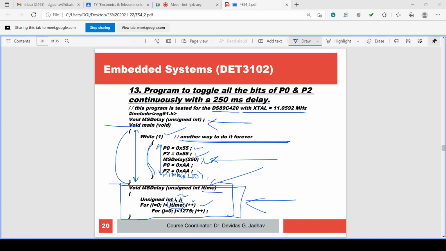These executions are so fast, within microseconds, that our eye cannot recognize the change, because our eye has a limited speed of observation. That is what we call persistence of vision. At least 1/10 second the image should be there, then we can identify it.